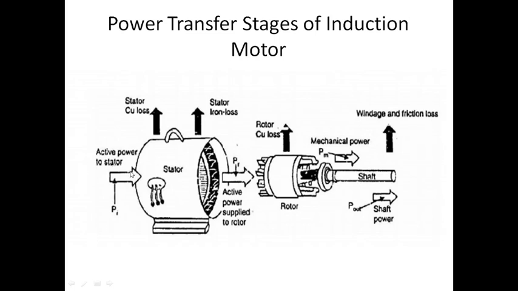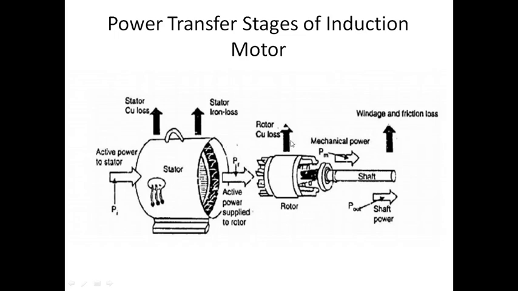I repeat. You're going to give supply here. Because of the stator, I'm going to have stator loss, copper loss also, iron loss also. Then the power generated from here is given to the rotor through the air gap, and the air gap should be very small. Then only I'm going to get a proper output. It means it should be connected properly, right? So it is taken. That is nothing but PR, the active power supplied to the rotor.